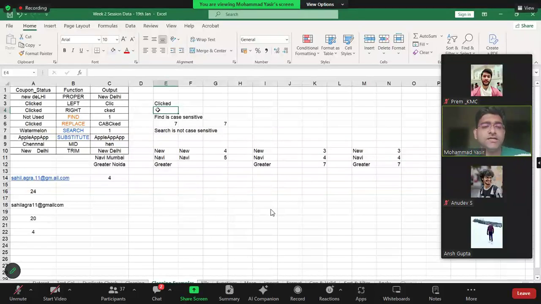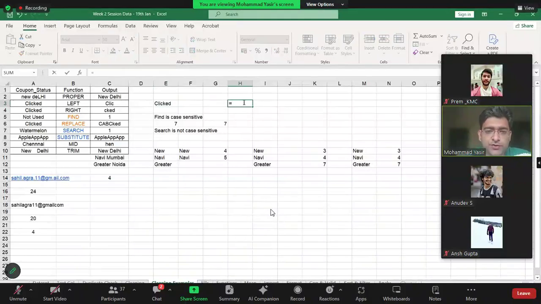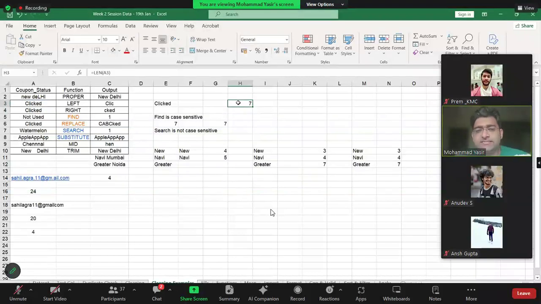Okay. Now we'll proceed. Now the length of the string is what here? If you want to check the length of the string, you can use another function. It is called len. It has one argument. It will give us 7, right? So this is how we understand the length of the string.